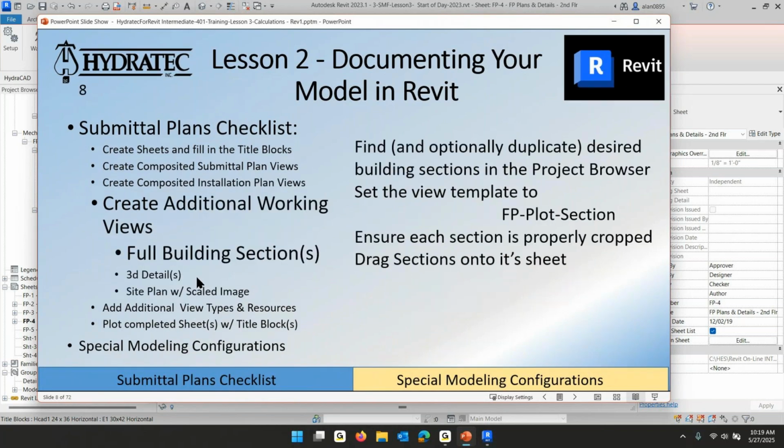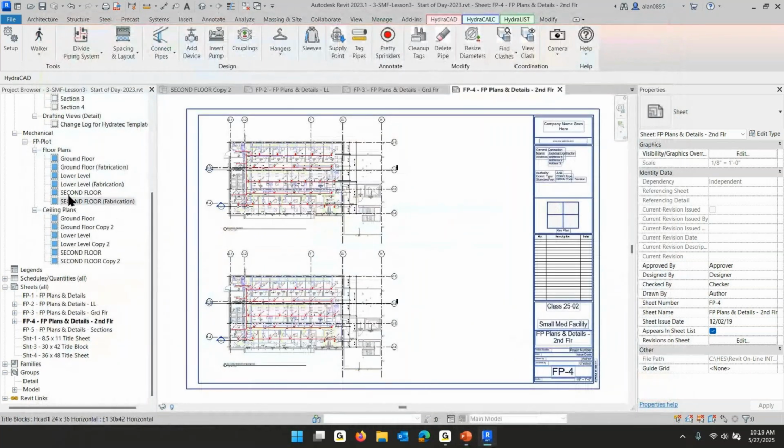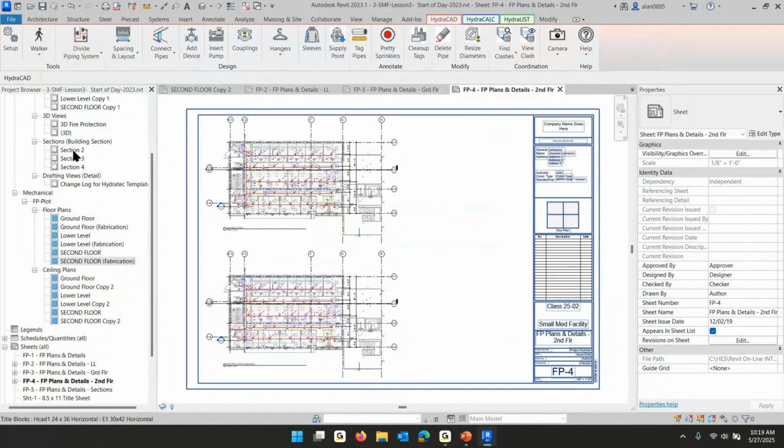I also want to add some building sections. I want one through the whole building looking north, one through the building looking east. And that's as easy as we either already have one or I can make one. And I can apply the view template to make it a plot one that'll get a lot of the settings taken care of automatically. So if I go back to the sections that we already have,